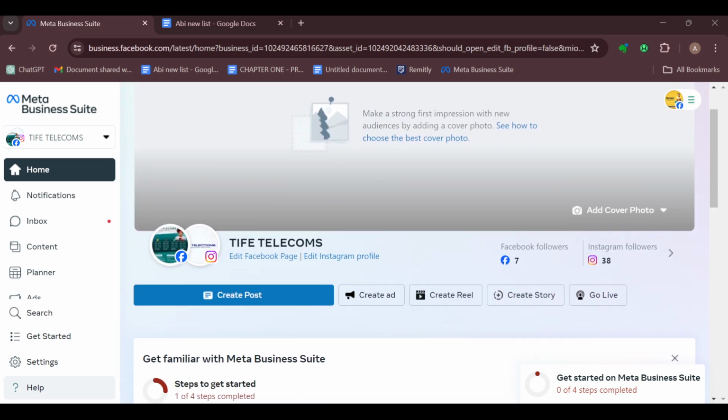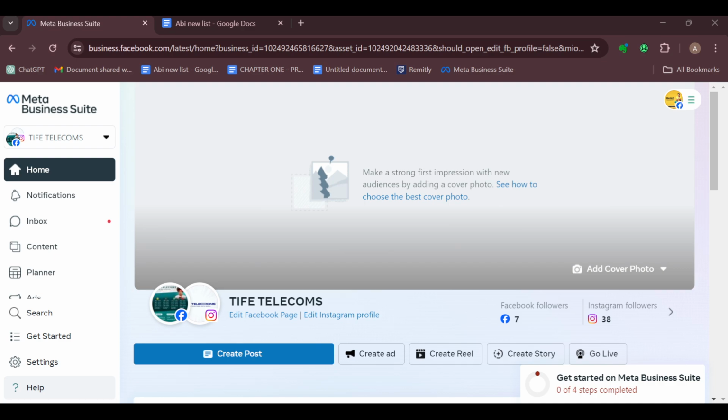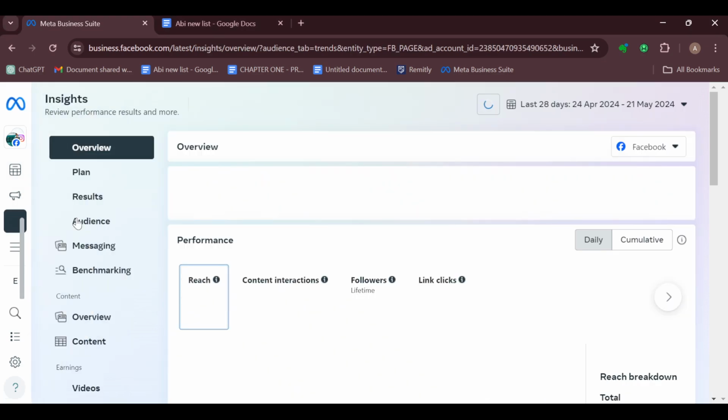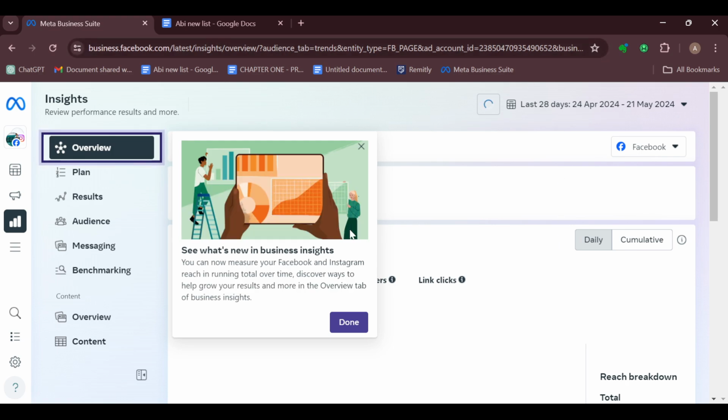The first step is to log in to your Meta Business Suite account. Then move to the left side of the screen where you can see a drop down menu. In this menu, scroll down and select Insight. All right. And then you wait for the Insights page to load. Once the page has loaded,